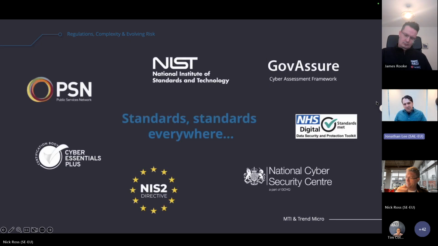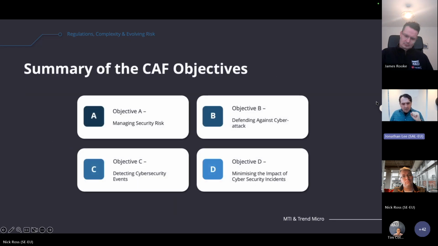So we've also got standards everywhere. I often call this an alphabet soup of acronyms, really. We've got NIS2, NIST, PSN, DSPT, etc., but all aiming to do the same thing, which is to raise the bar of the standard of cybersecurity maturity to make us harder to attack. And so really where it's at for us on this call today is the Cyber Assessment Framework, the CAF, which I'm sure everybody's aware of, which was developed to improve the security and resilience of essential services across critical infrastructure initially, but it was designed for UK organisations specifically around the government's cybersecurity strategy.